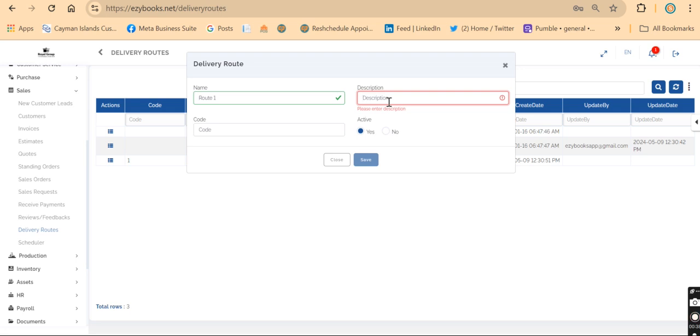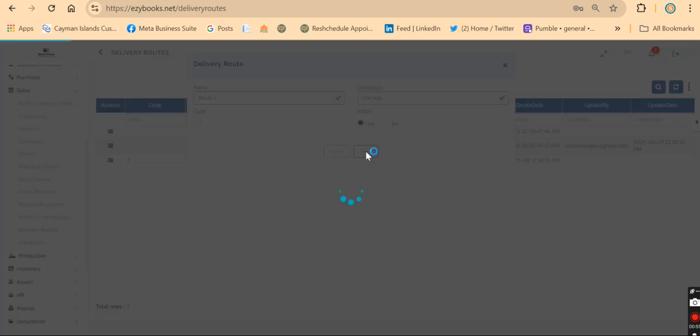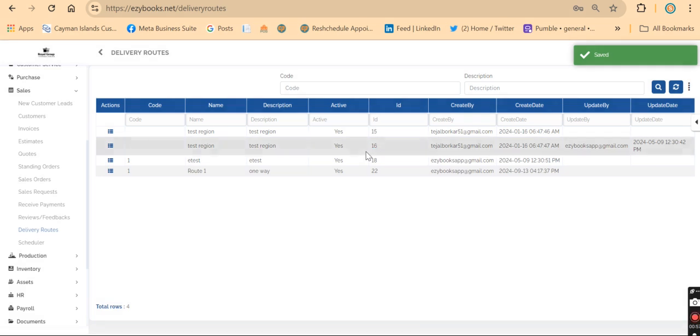Then enter the description for it. Enter the code. Keep it as active. If it's not active, then keep it as no and just click on save. Your delivery route will be added successfully,